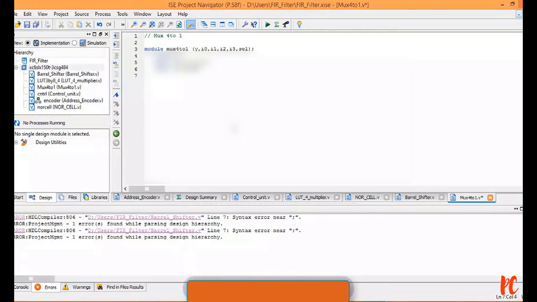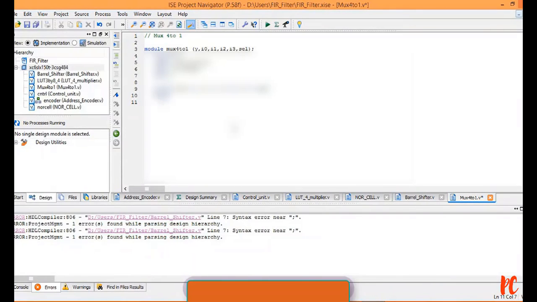In reg y, I will need to define it as always with respect to the inputs I0 or I1 or I2 or I3. What does this sensitivity list say? Whenever there is a change in either I0 or I1 or I2 or I3 or select, the begin operation internally, whatever is present, is going to operate.